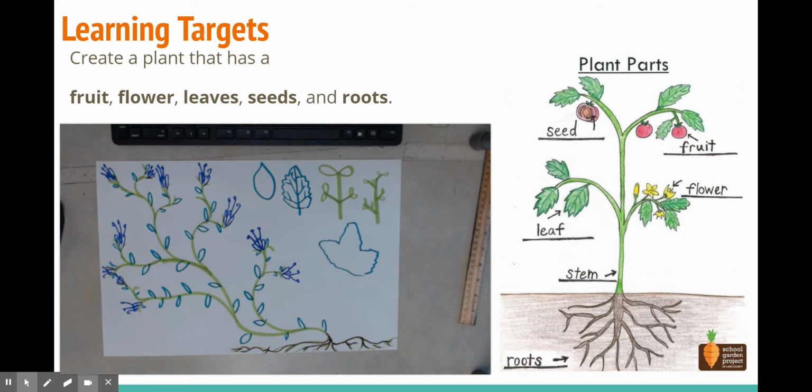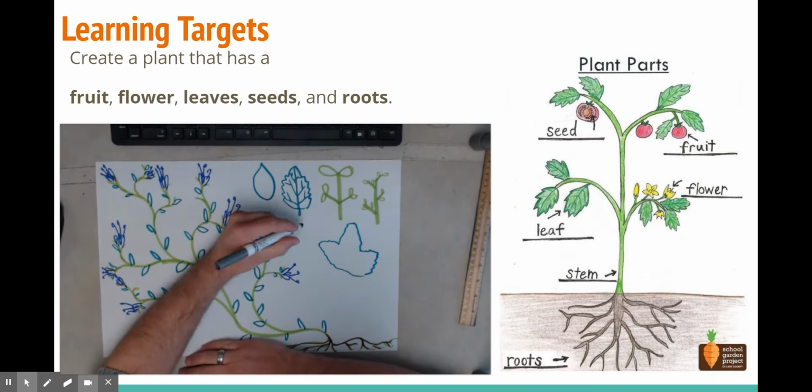Let's see, we got flowers, we got leaves, we've got roots and a stem. We need fruits and seeds. Okay, so this is a really interesting, fun part. I'm going to have a little bit of fun with these. I'm going to make, let's see. Okay,